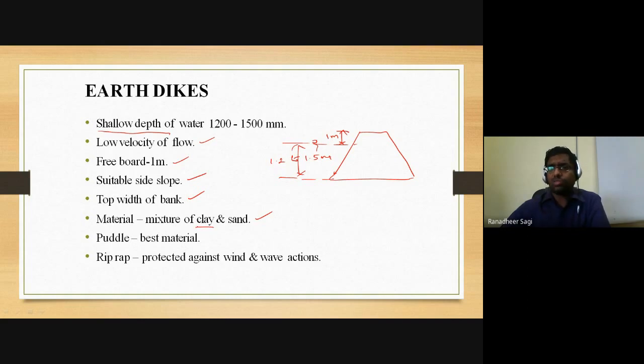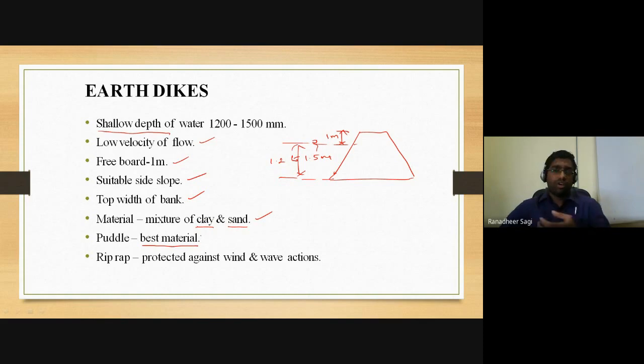It basically contains fine grained soil, but it does not only go by what is called clay type of soil. You will also have a mixture of sandy soil. So a mixture of clay and sand is what you are going to be using in the construction of your earthen dikes. And